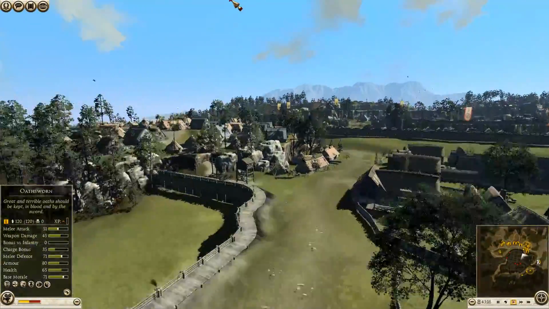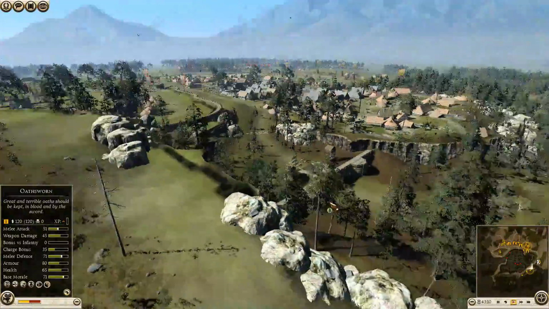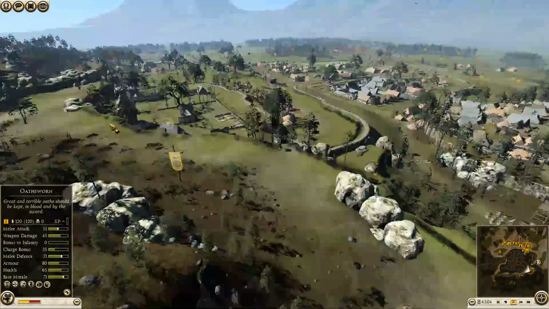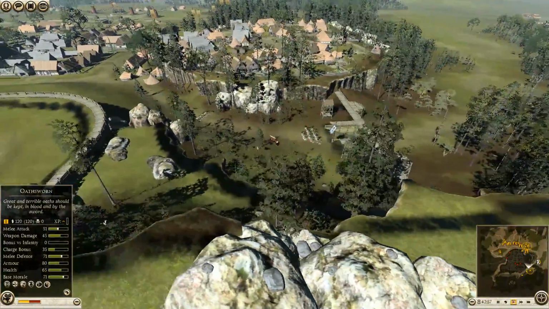Now I do have something up my sleeve. I have actually gone ahead and deployed several units up on the high ground. This is one of the cool things that I mentioned about this settlement, is you can deploy up on the high ground here. So I have 3 units of Gallic hunters positioned up on the high ground with 1 noble horse, and the idea for this was to come up to the cliffside and shower enemy units that were here